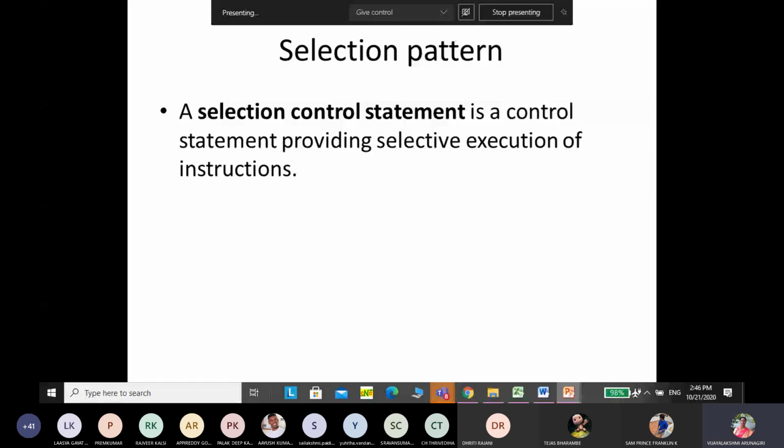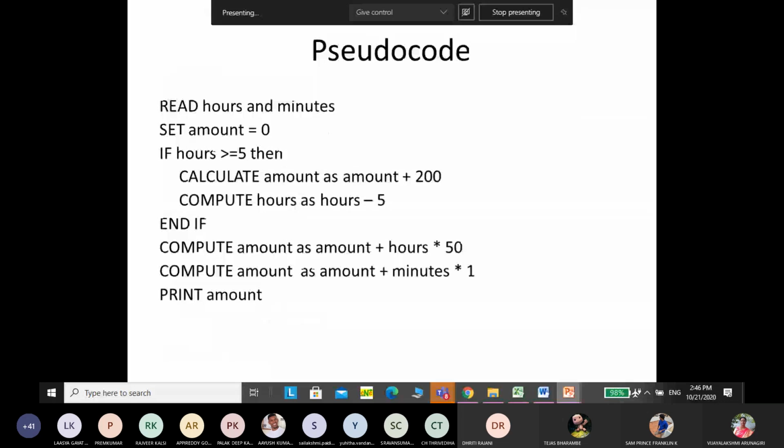We studied up to problem solving, all the things we discussed previously, everything in a sequential pattern of solving the problem. Now in the given problem, there is some selection. Selection means it is not going in the sequential way. I'm getting the hours and minutes worked, and afterwards I'm checking whether hours is greater than or equal to 5.